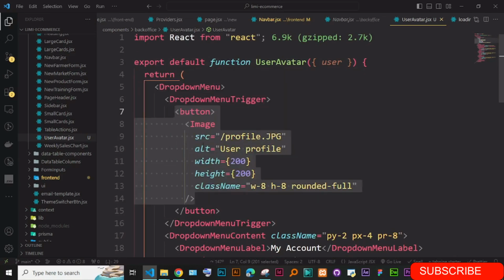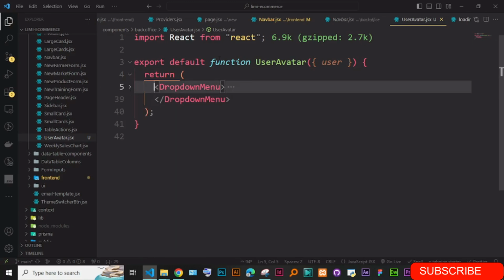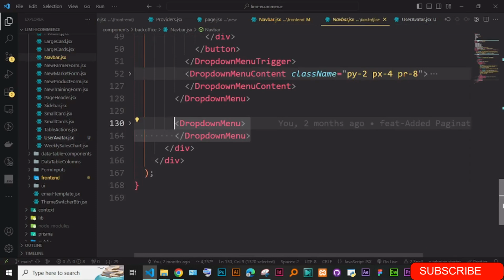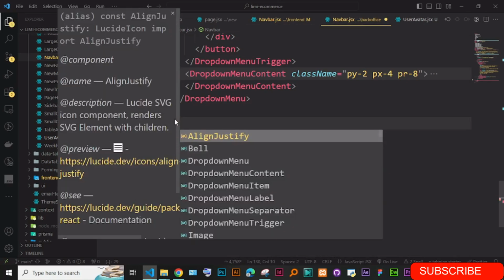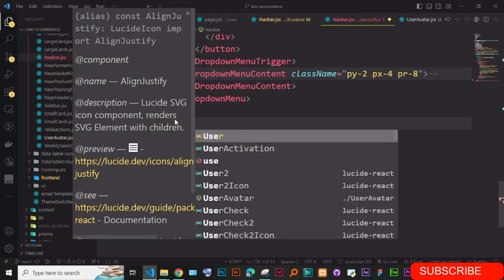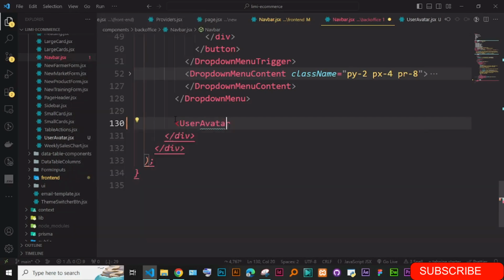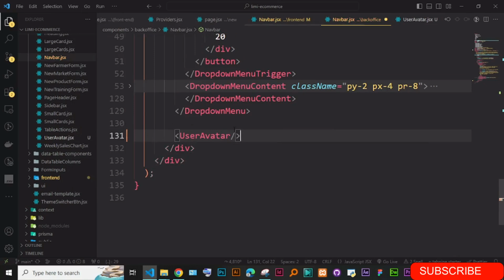Okay, so what I'm just going to do is of course bringing in this thing on the drop down. So if you go back to this navbar, first of all, I'm just going to come here and say user avatar, and supposed to pass in user is equal to user. Okay, for now I'm just going to say equal to user,